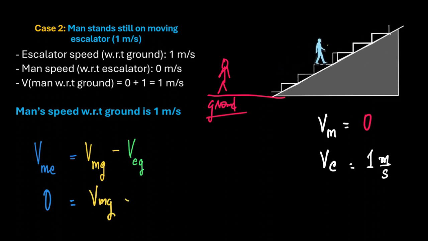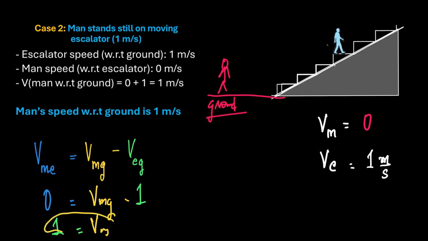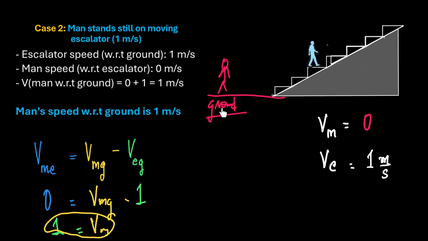What is velocity of escalator with respect to ground? The escalator is moving at the speed of 1 meter per second, which means velocity of escalator with respect to ground here would be 1 meter per second. In which case, what is velocity of man with respect to ground? You transpose minus 1. What you get is velocity of man with respect to ground is 1 meter per second. What does this mean? This means that a person on the ground, if he observes this man, will visualize that the man is climbing up the stairs at a speed of 1 meter per